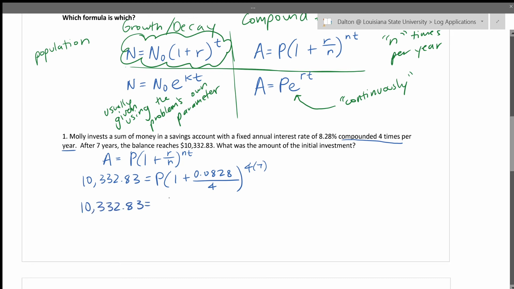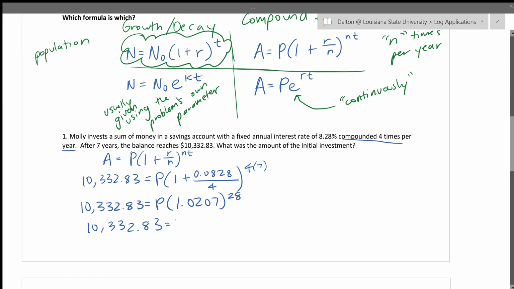For instance, I would go ahead and calculate the parentheses first. 0.80828 divided by 4, and then add 1 to that. When you do that, you get about 1.0207. Actually, I think that's an exact number, all to the 28th power. And then I would say, okay, let me actually raise 1.027 to the 28th power. So I get